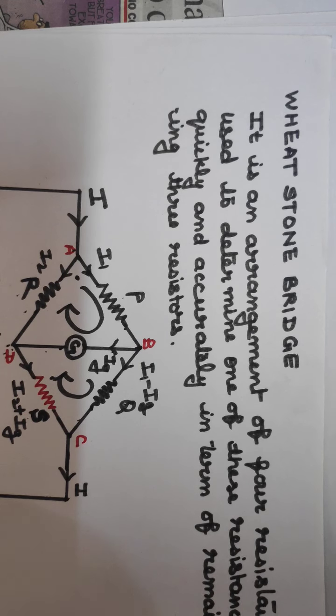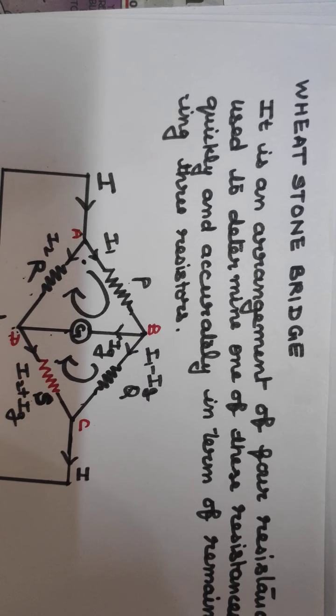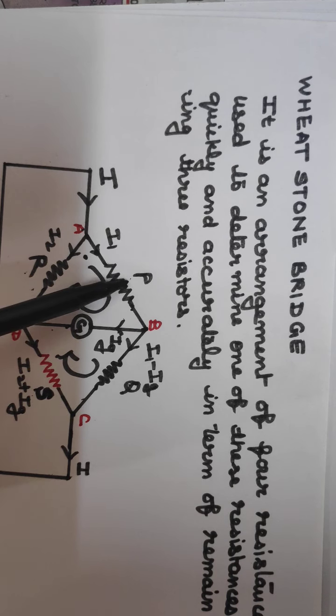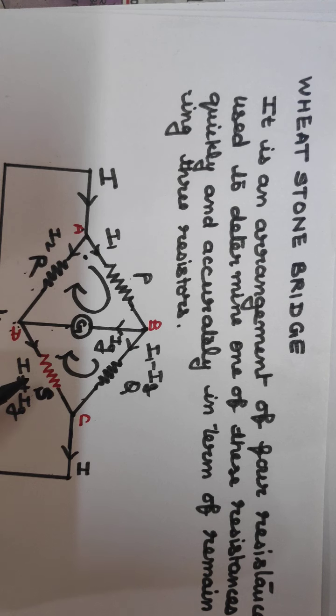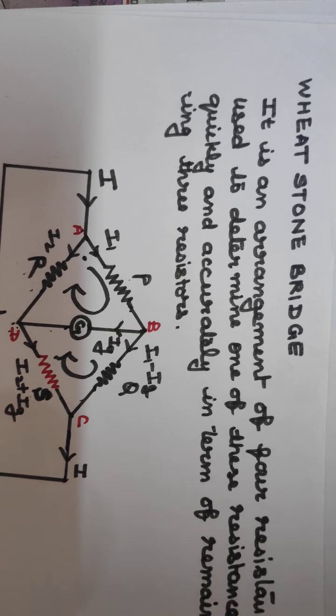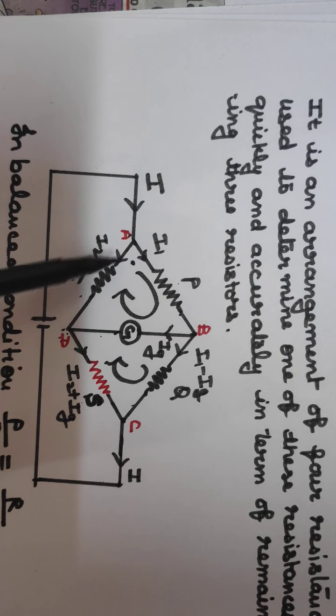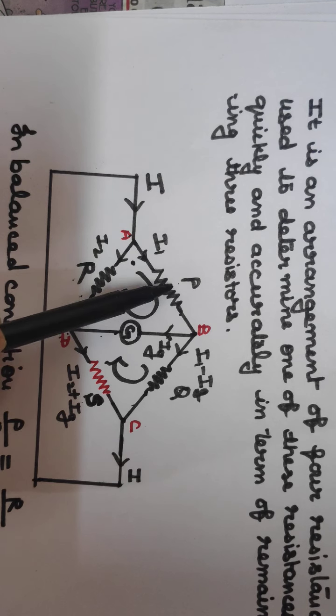Okay, let us discuss now the Wheatstone bridge. It is an arrangement of four resistances P, Q, R, S connected in this way, in which one is unknown and we have to find out that resistance. These four resistances are connected like this, with the middle point of P and R